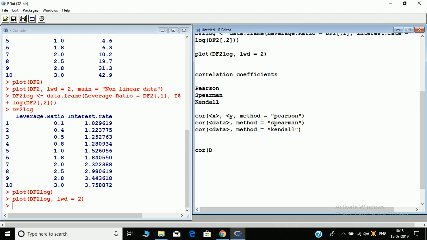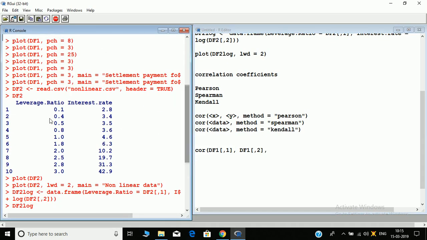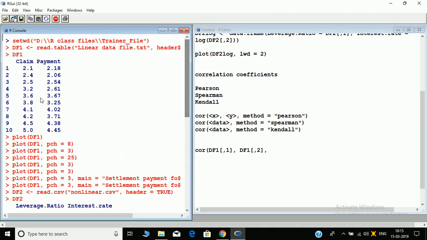Remember, we find correlation between two variables. So cor of df1[,1] and df1[,2], between these two variables, the claim and payments, I need to find the correlation.